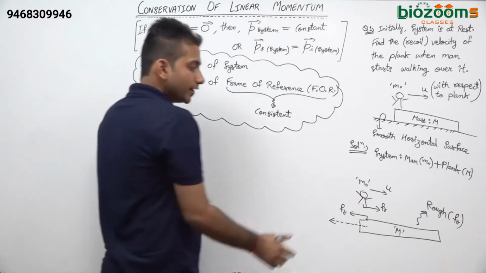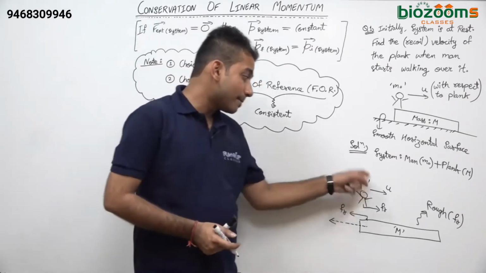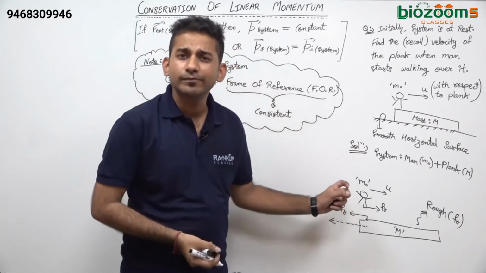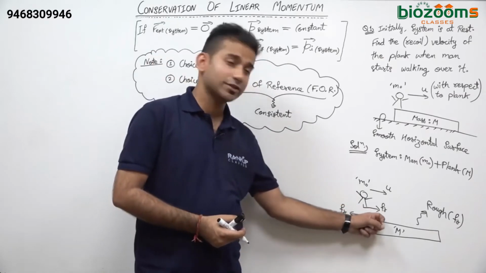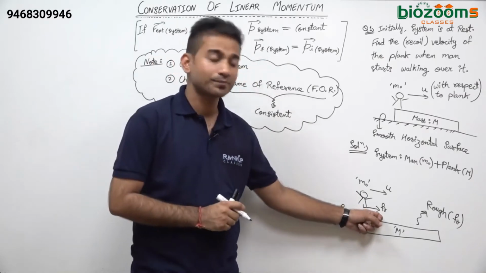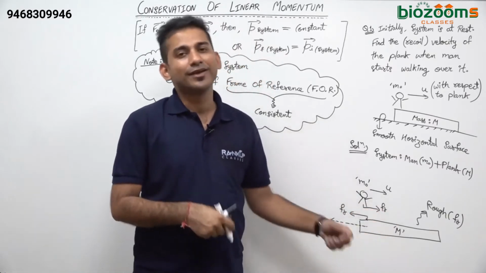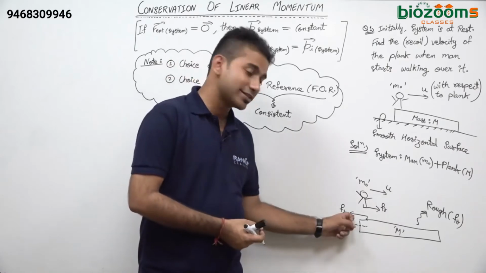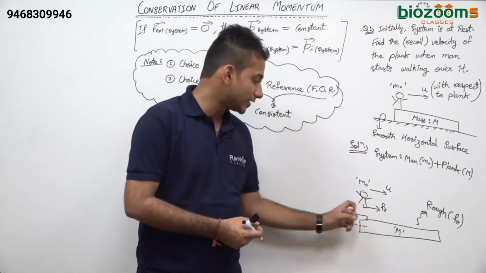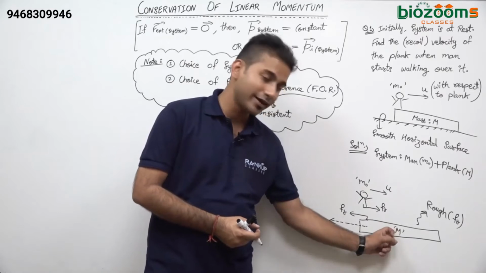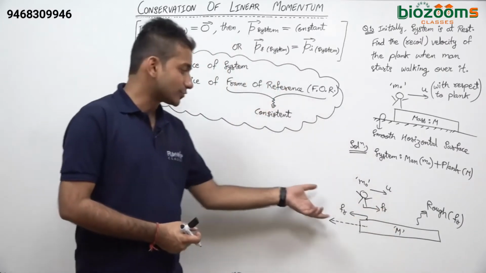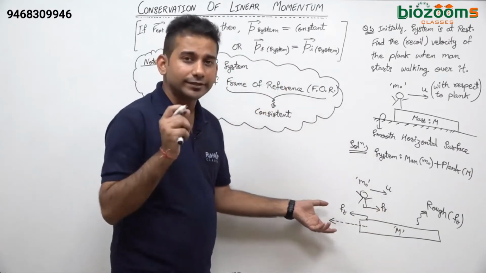Fine. But see, if we take the man as a system, can we conserve its momentum? No, because this friction is going to behave as an external force. If we take the plank as a system, can we conserve its momentum? Again, no, because this friction is again going to behave as an external force and it is going to change the state of motion of the plank in the backward direction, which is actually happening. Fine. But yes,